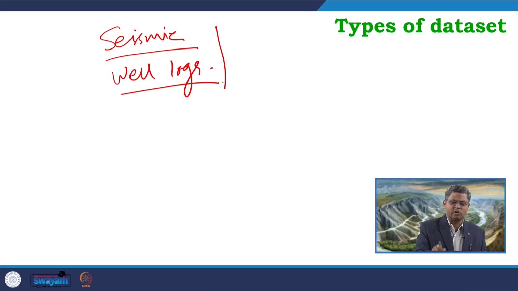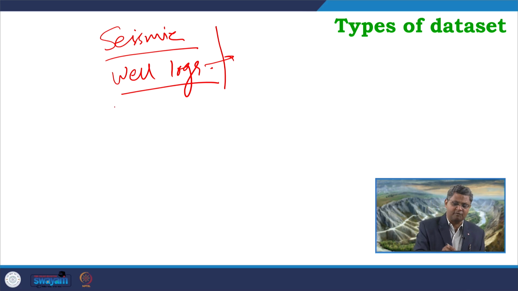So, these are the geophysics part. Different types of well logs can be used, for example, gamma ray log, resistivity log, sonic log, SP log, density log. So, depending on what kind of data source is available, what kind of rocks are available, we can get input from different types of well logs.